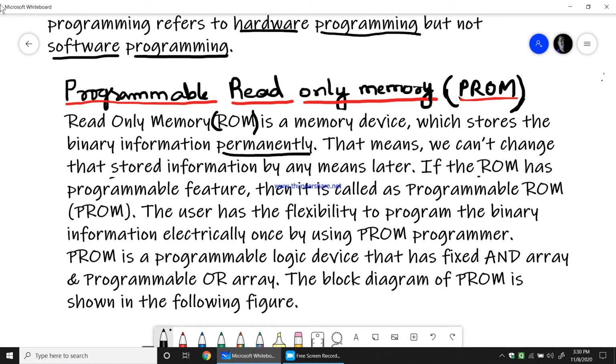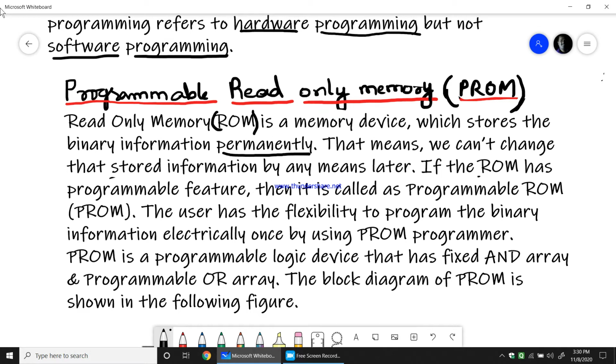So if you have a programmable feature with respect to the ROM, then that particular ROM is normally called programmable read-only memory. Due to this programmable feature, the user has the flexibility to program the binary information electrically, once, by using a PROM programmer.